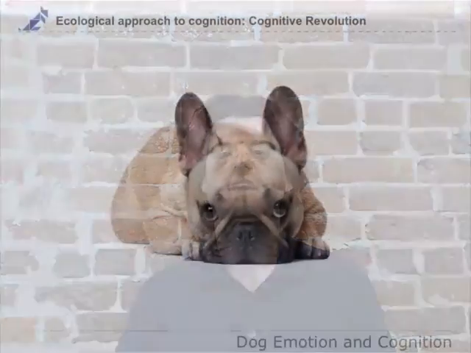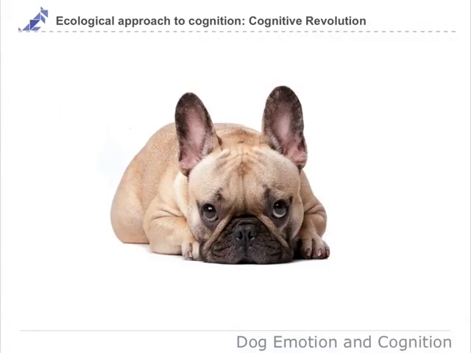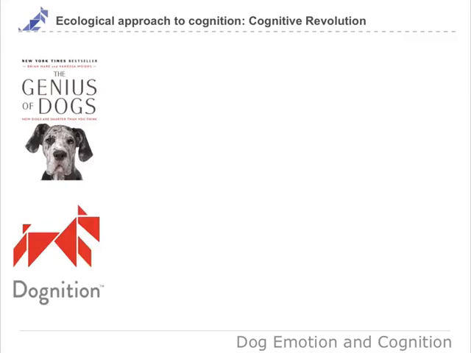So this lecture is the second lecture to introduce the ecological approach to cognition. We talked about evolution in the last lecture as one of the pieces that contributes to the ecological approach, and now we're going to have a final introduction to cognitive theory and how the cognitive revolution and studying animal cognition helps us with this ecological approach to cognition, where we combine evolution and cognitive theory.